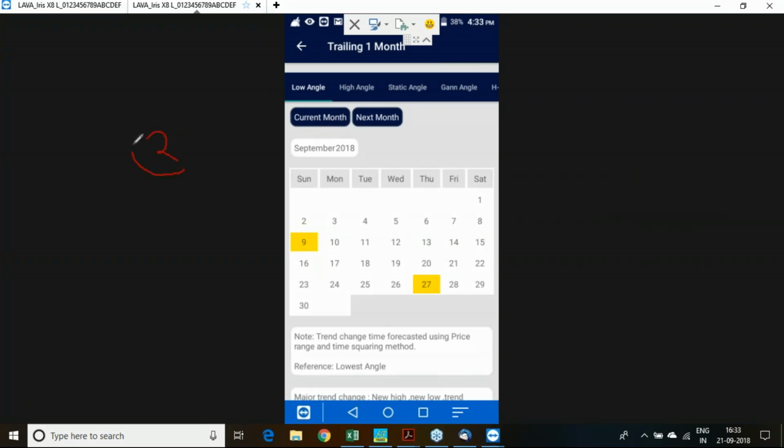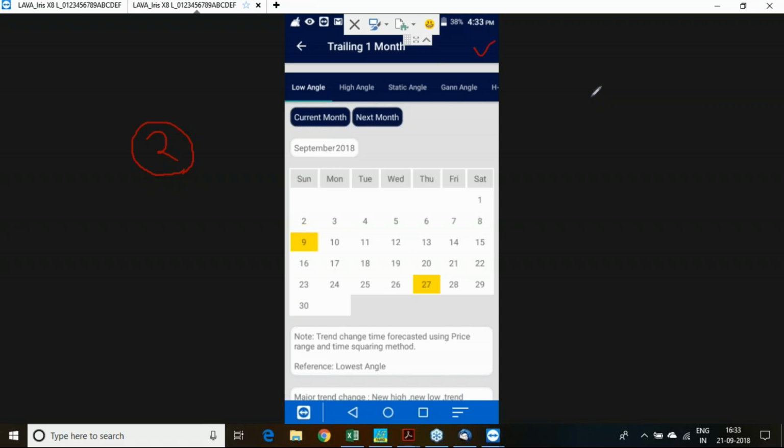We have just recently launched one software to identify the trend change dates using the Gann method. This is currently available in the Android edition. You have been seeing a lot of movements happening in the market. Today, being the 21st of September,